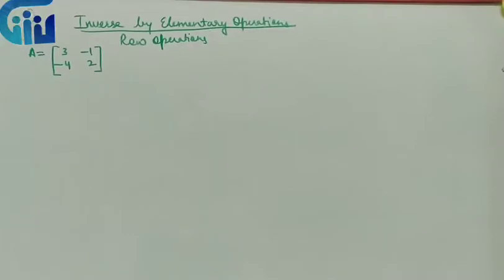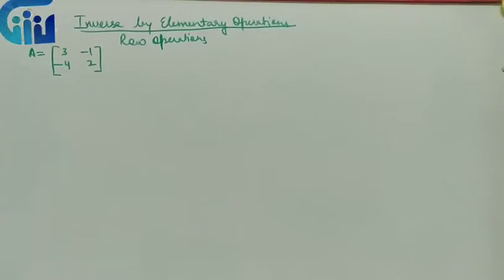So elementary operations means what? The elements are written in the form of rows and columns. So elementary operations are of two types: elementary row operations and elementary column operations. In exam, the question is mostly asked as find the inverse by elementary operations. It is not written that you have to use row operations or column operations. So it is entirely our wish, whatever we are comfortable in, we can use that particular operation.